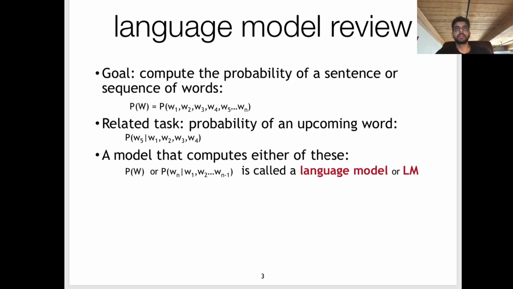All right, so let's launch into today's topic. Just as a quick refresher, language models are basically trying to measure the joint probability of a given sequence of words. This could be a sentence, a phrase, a large document, any piece of text. And last time we looked at how we can factorize this joint probability as a product of multiple conditional probabilities. So any model that's able to compute a conditional probability of a word given some number of words as a prefix is also able to compute this joint probability of a sequence via the chain rule, which we went over last time.